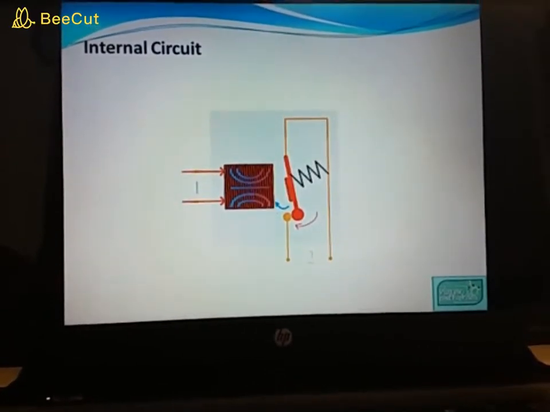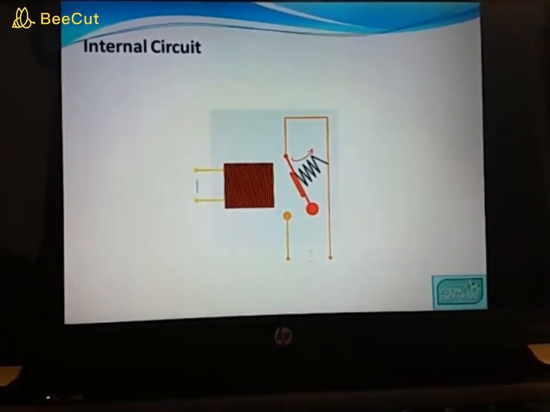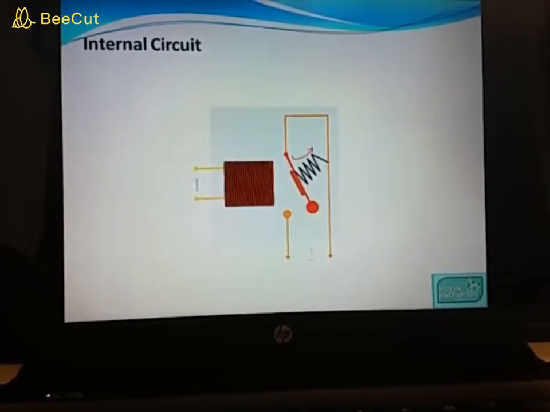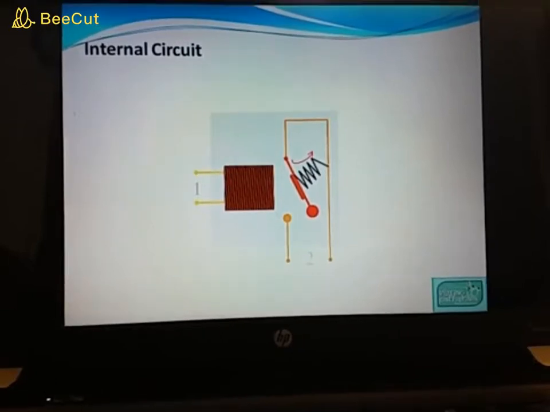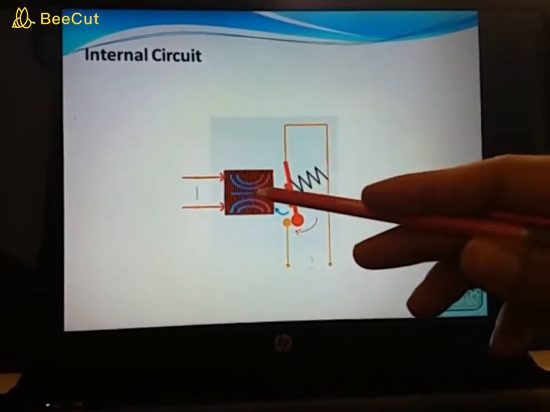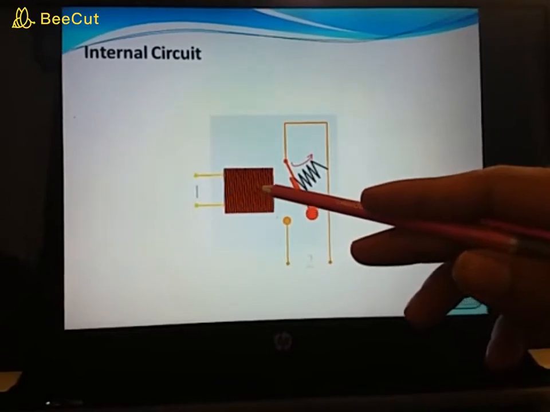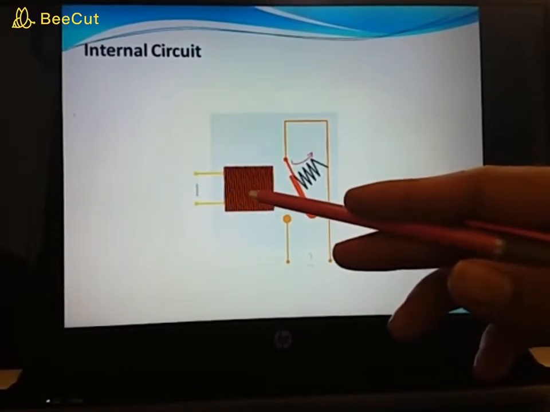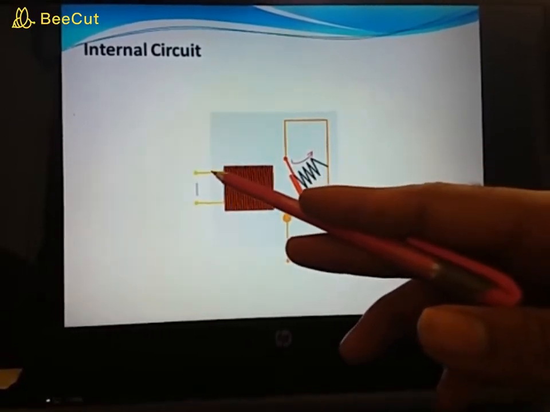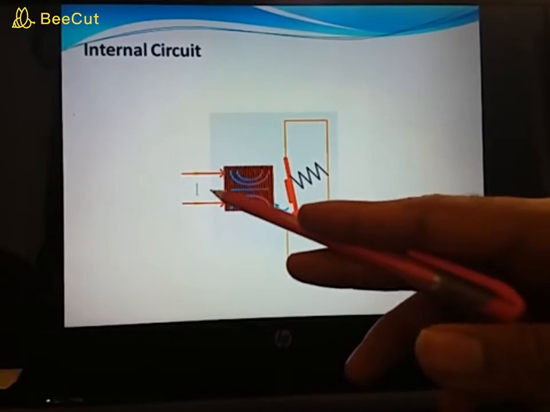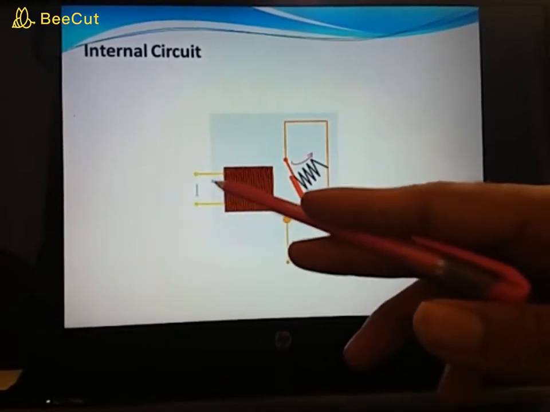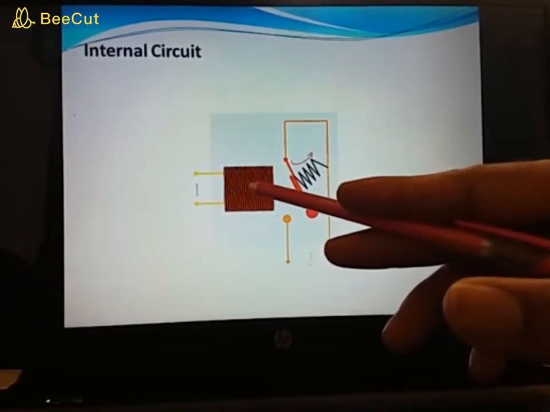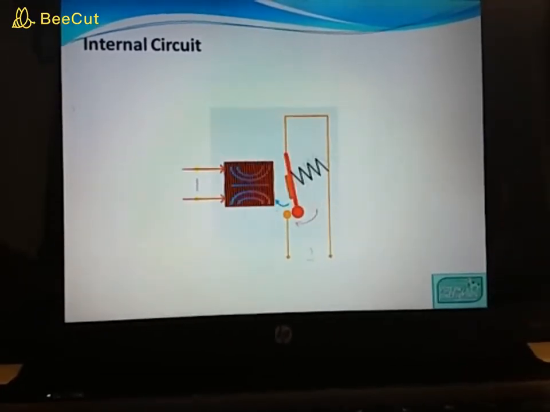This is the most important slide. In this slide we can see the working of the internal circuit, meaning what is inside the relay. Actually, first there is an electromagnet. The electromagnet gets activated when a small current, these two red lines signify that small current, starts flowing through this point, and due to this current the electromagnet gets activated.